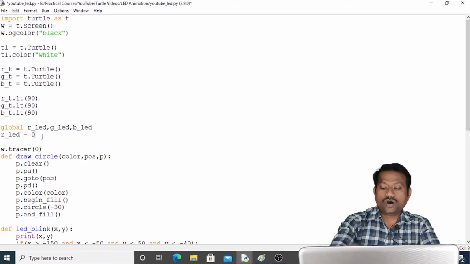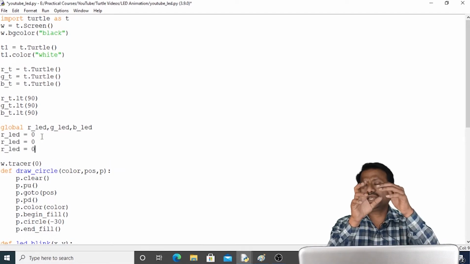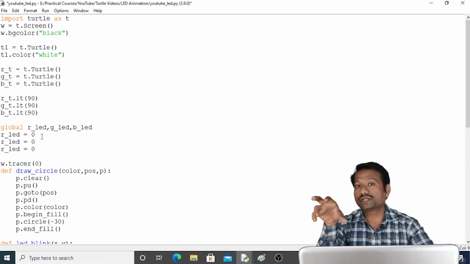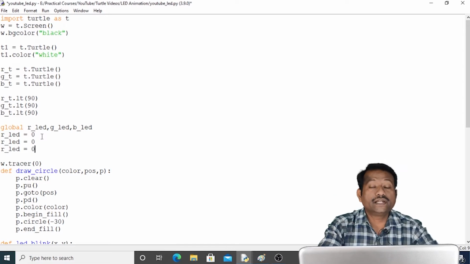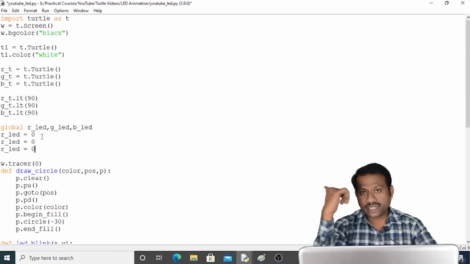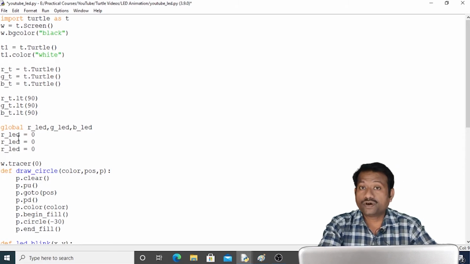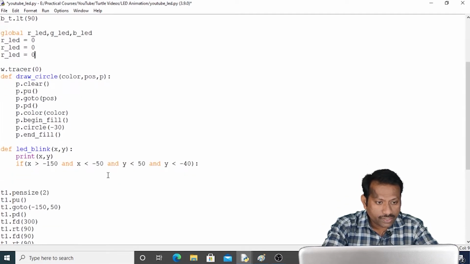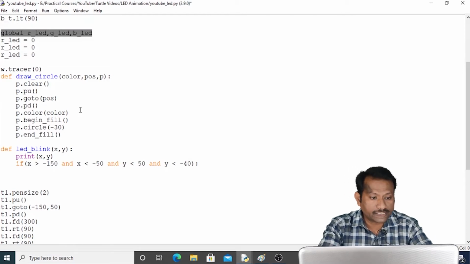It seems all LEDs are off initially, and the moment I execute the serial command, it definitely transfers the reset command to Arduino. That's why our Arduino will get reset and definitely our LED will become on. How to do that we are going to see in the next video. So here we have selected all LEDs off and the variable for that LED is 0, and now I have to change here also. Again I have to define the same command, that is global, inside the function.